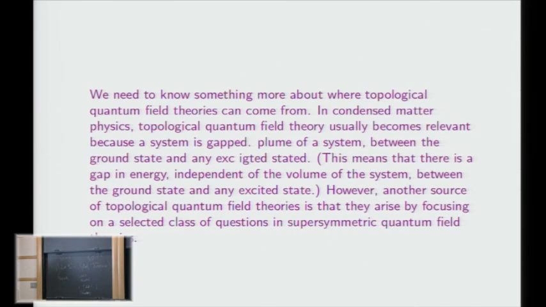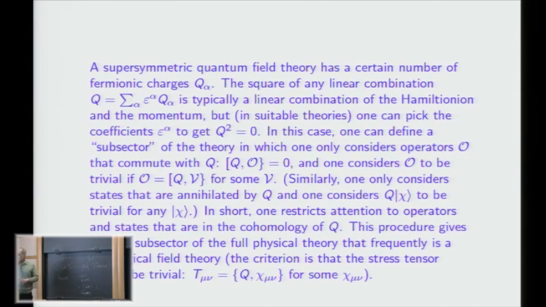Supersymmetric quantum field theories, not necessarily gauge theories. A supersymmetric quantum field theory has a certain number of fermionic charges Q alpha. So they're charges whose anti-commutators you consider rather than commutators. What does